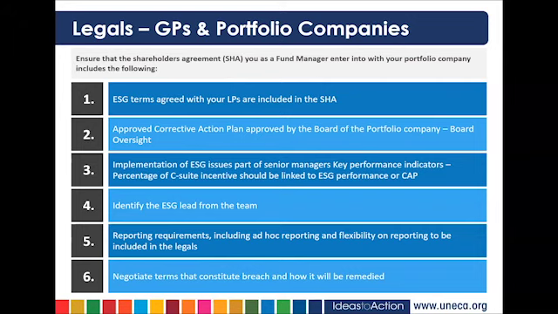The next thing that you also want to do is identify an ESG lead and include them within your SHA. There will definitely be times when a company has not considered ESG prior to your engagement with them. As a result, they may not have an ESG person in place. It is, of course, perfectly acceptable to invest in this company. Just make sure that one of the first actions in the corrective action plan is the identification and appointment of this ESG lead. Usually, a period of 1 to 3 months is assigned for identifying and appointing this individual.